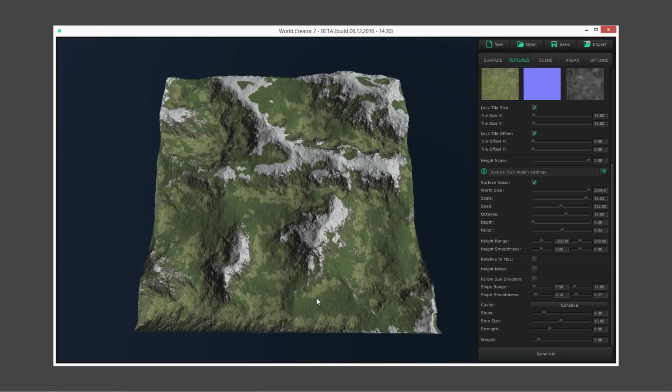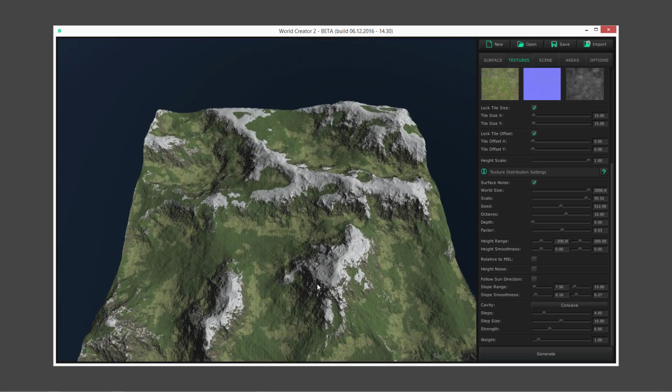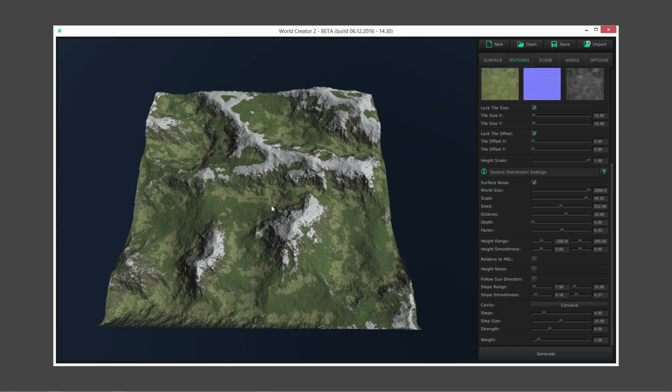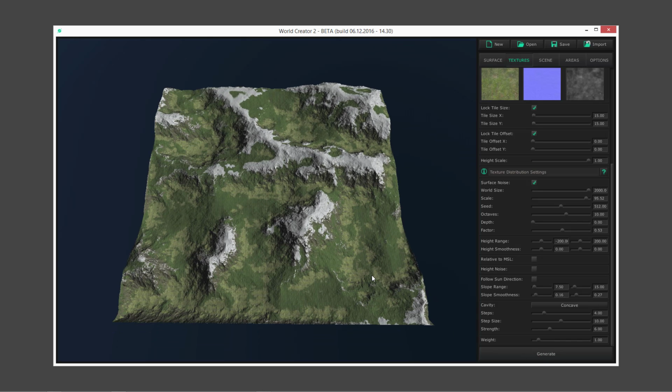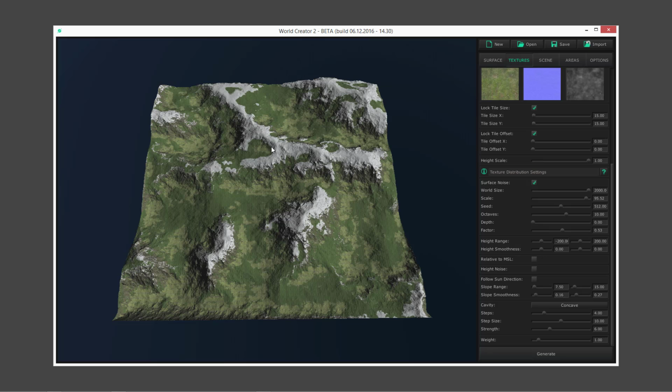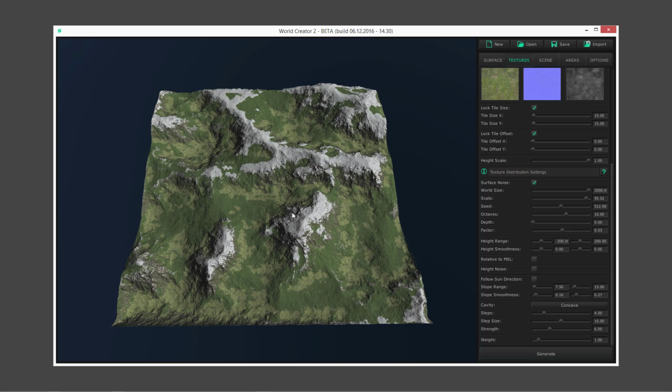We can leave this. Now please remember again, I've done this entirely in real time. I didn't have to push this generate button because I am in real time mode right now. So now,